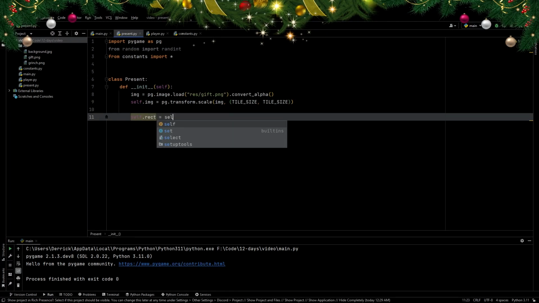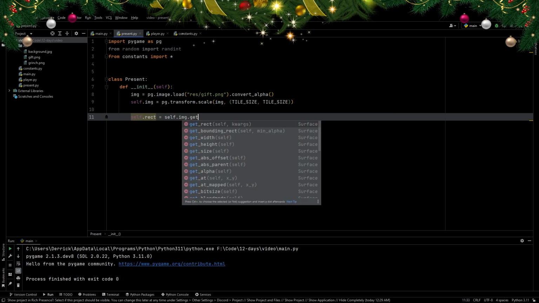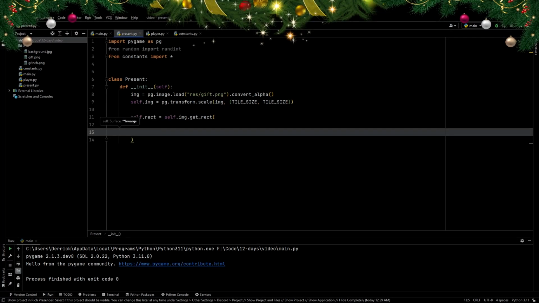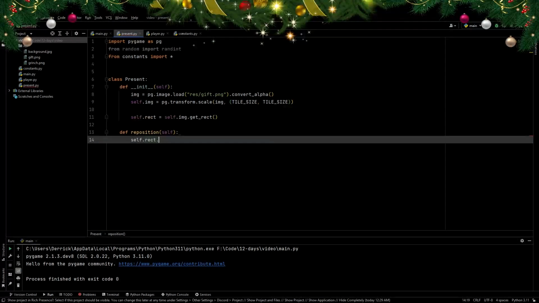So self.rect, self.image.get_rect. And because we're going to be repositioning the present every single time we hit it, we're going to use that to position it. So reposition is going to be the name of this method, and self.rect.topleft. And here it's going to take a little bit of math to keep the randomness from messing everything up. So we need a random between 0 and int window width divided by tile size minus 1,